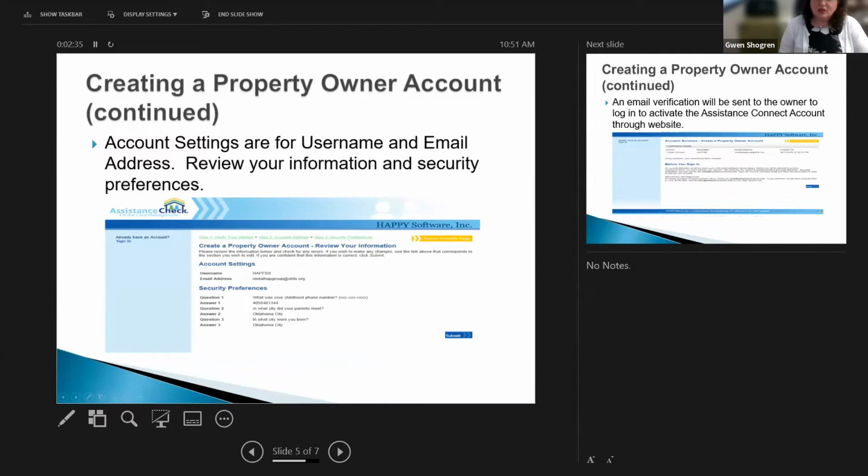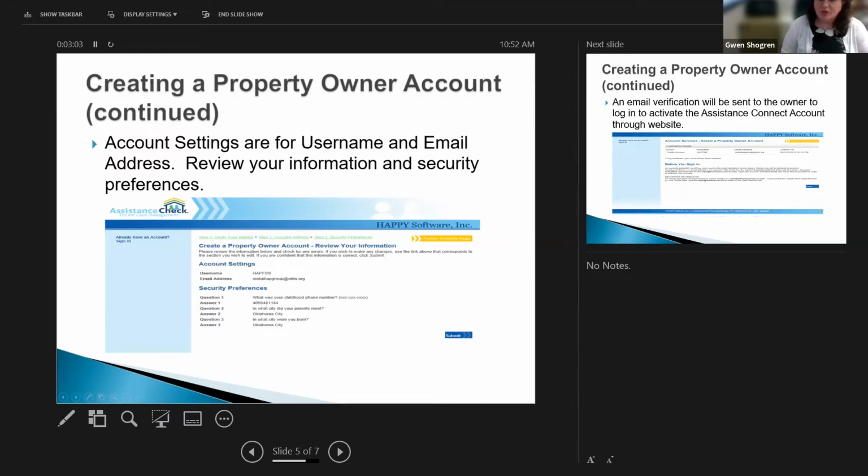So it's going to set up an account settings, and it'll ask you to set up your username, and then it'll ask for an email address. And just like as a business, I suggest that you use something that is company-wide. We have a family self-sufficiency program, and I have to monitor that. So I'm kind of like the owner of the family self-sufficiency page. Our email address is what I've used as a